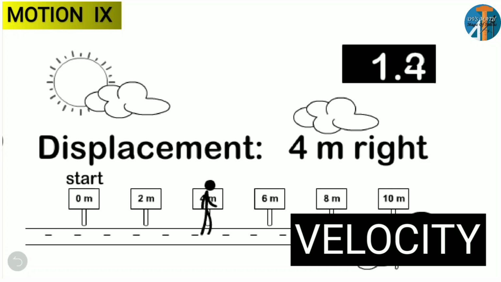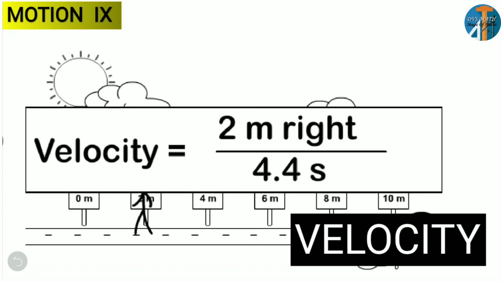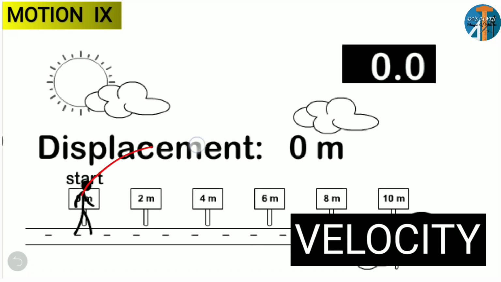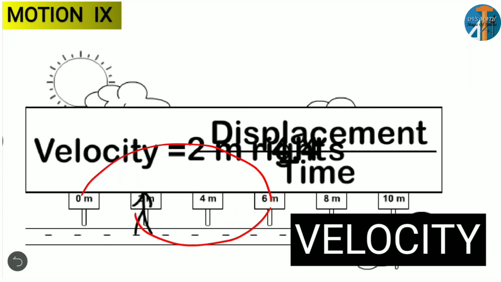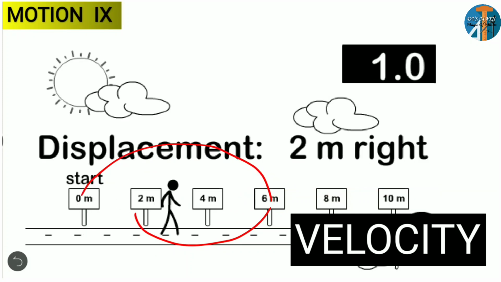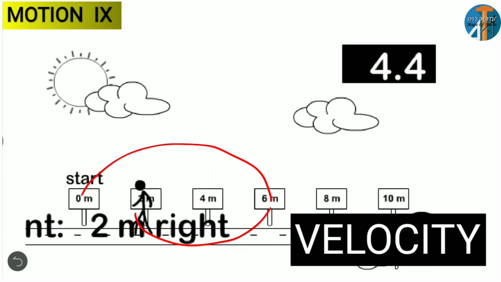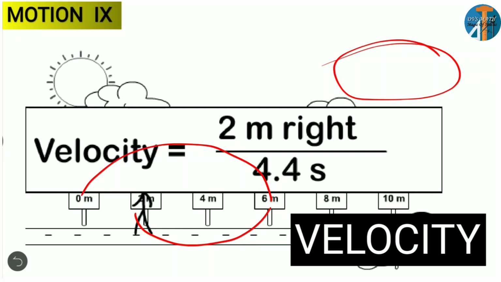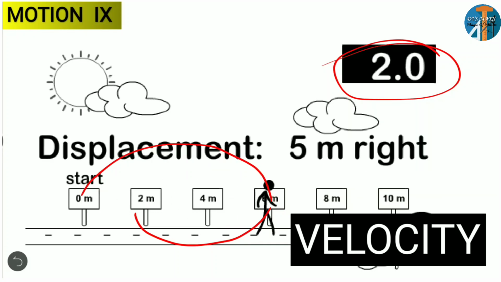Observe this person now. See here, in this case a person is moving 6 meter and he came back 4. So 6 minus 4 you have to take, right? So 2 meter, and he is moving towards the right side. So we are mentioning the direction also. Observe the time. He came back with the same timing, 4.4 only. But if we come back, we will take minus 4. 6 minus 4, it is 2.